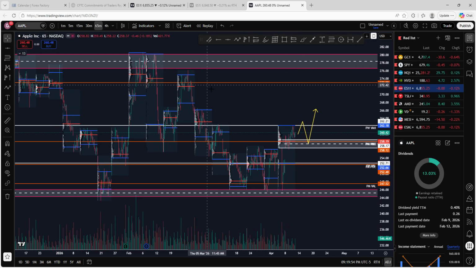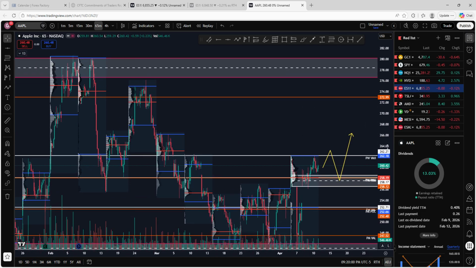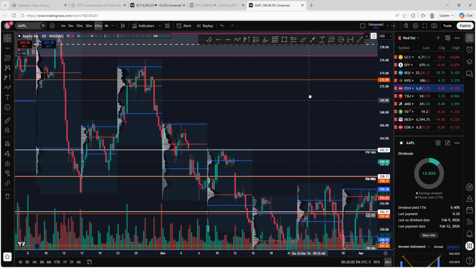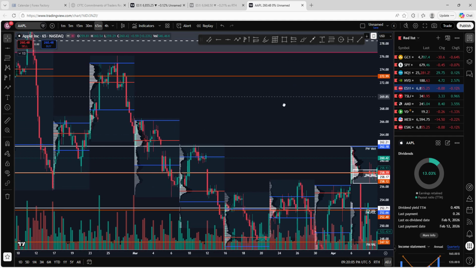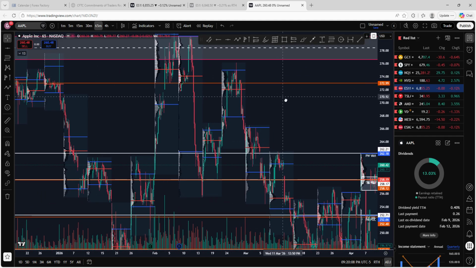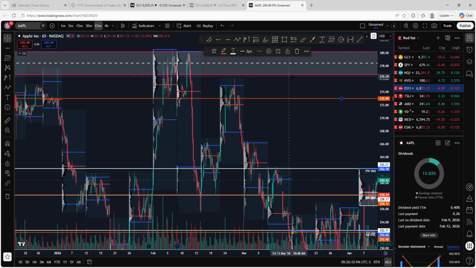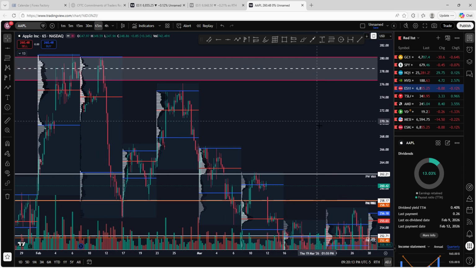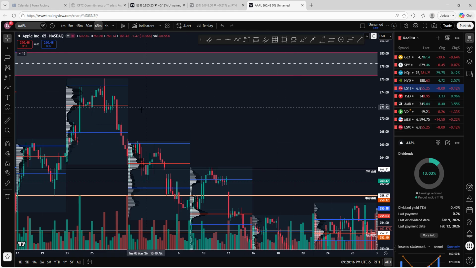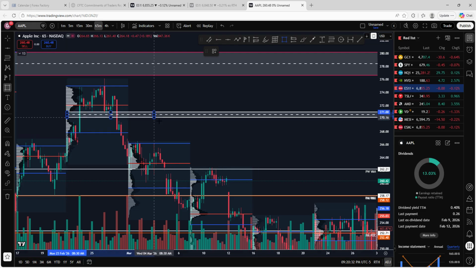You've got another VPOC sitting here that's sitting at this monthly. What is this level? Oh, that was a change of character. Excuse me, that's not a monthly level. You've got a VPOC sitting here. Also, it's the bottom of our accumulation. You could expect here if you draw your FRVP, you should get your value area low of this accumulation somewhere in this area. So what you could do here is grab this ledge, this weekly ledge, to this VPOC,